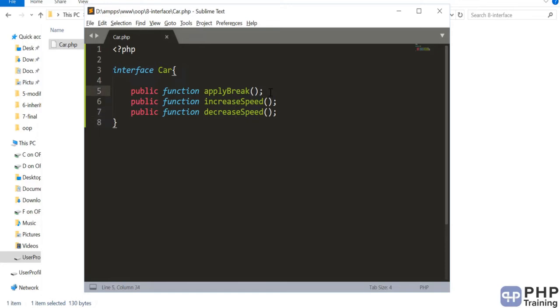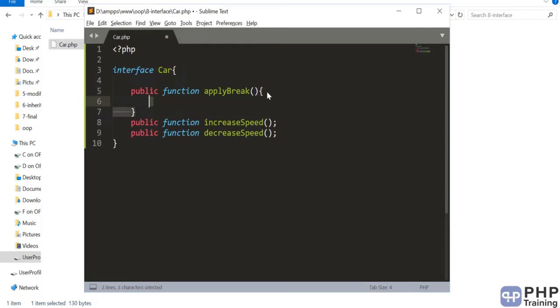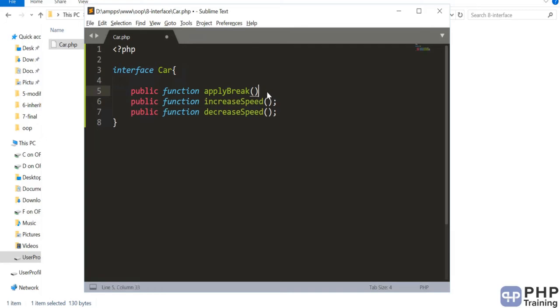So see how we are defining an interface. We are not opening and closing braces and defining the method body; rather we are just specifying the definition of it. It's just a definition. The implementation will happen in the class which implements this interface.